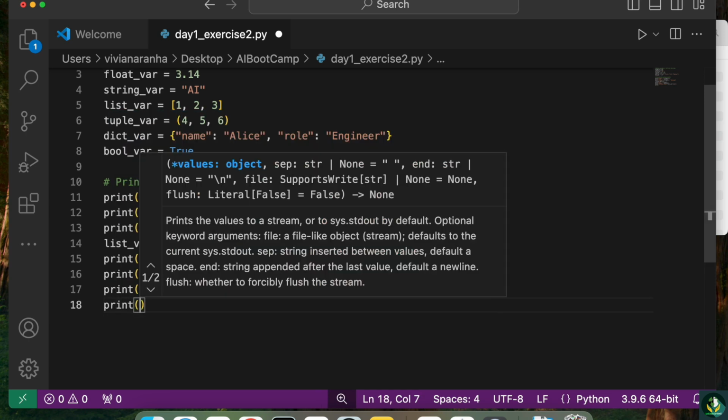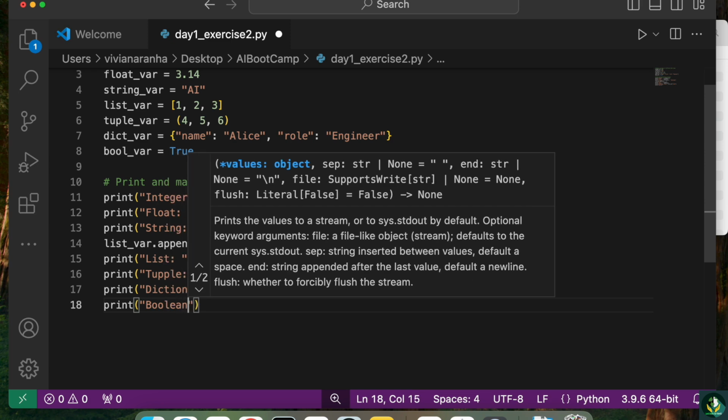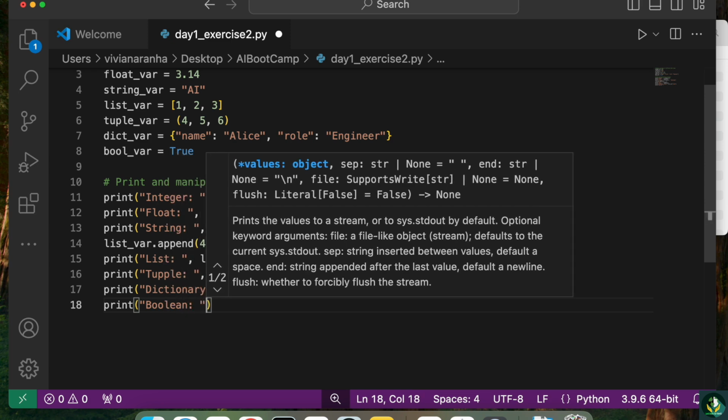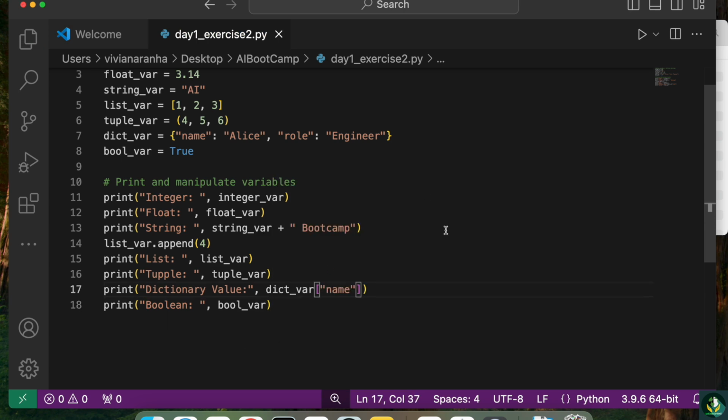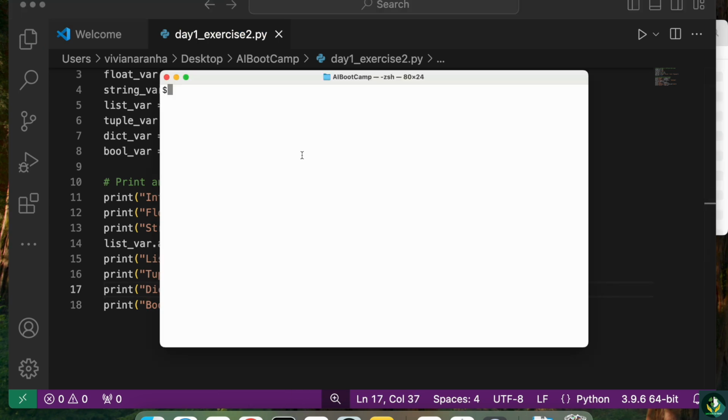Next, I'm going to say print boolean. To this, I am going to say bool variable. So let's go ahead and run it on our command prompt here. So I am in the folder. I want to run this one. So I'm going to say Python